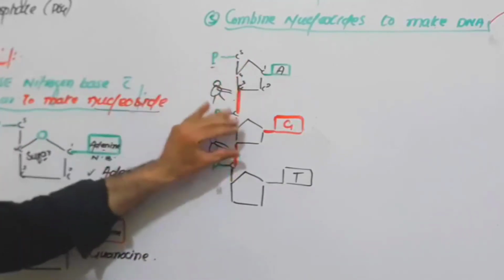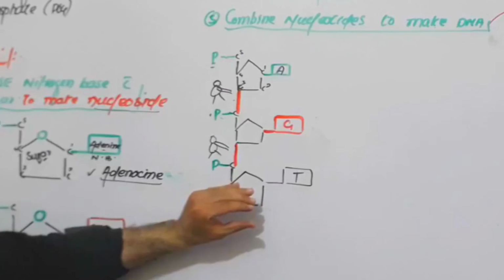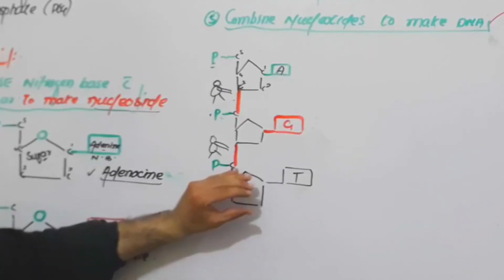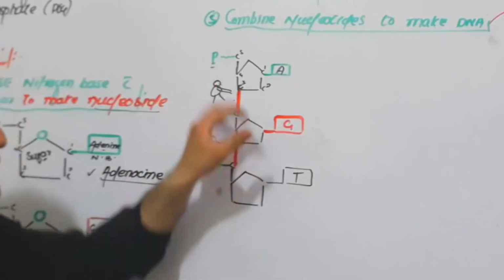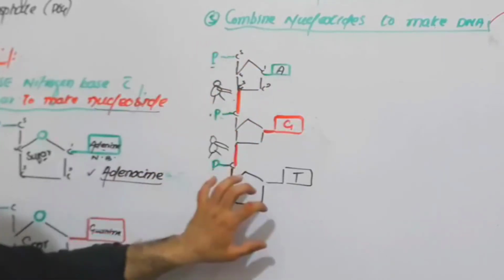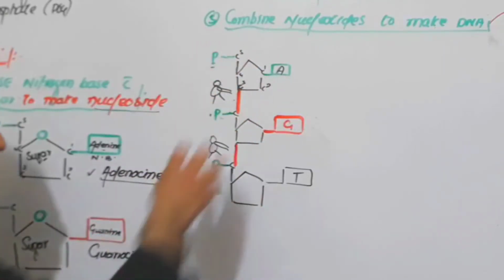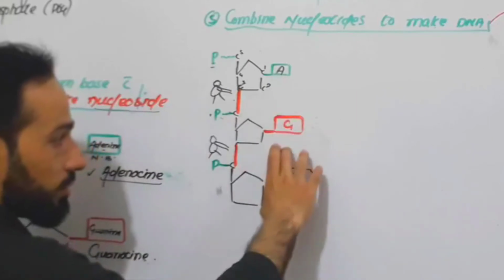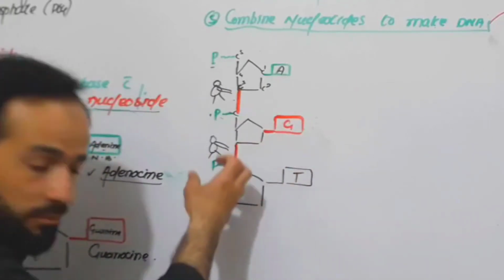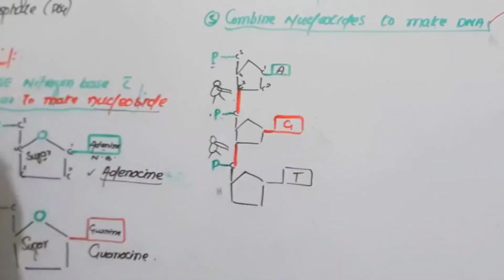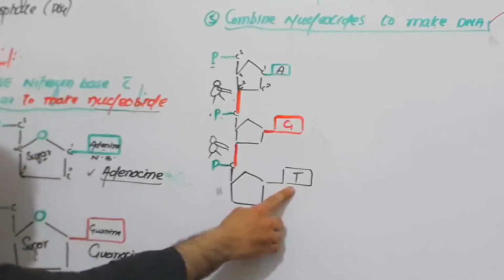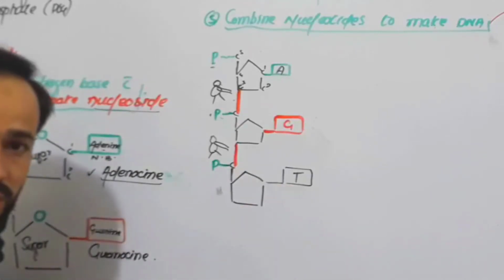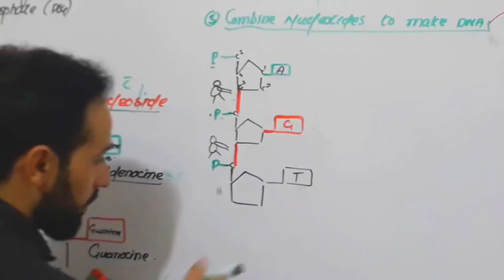Now look, what are we doing? We are fusing the nucleotides with each other, right? We had said that in order to make the DNA, we should have nucleotides and we should fuse them together, right? So this was a nucleotide, this is another nucleotide, and this is another nucleotide, and millions of these nucleotides will be fused together. Now look, this was thymine. Let's bring the cytosine, right? So when the cytosine comes,